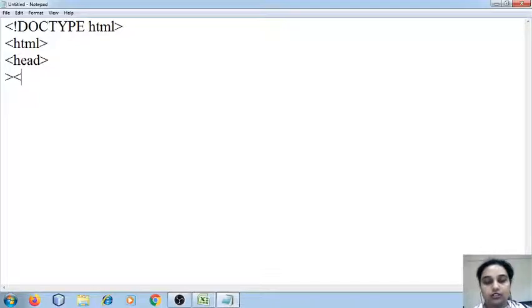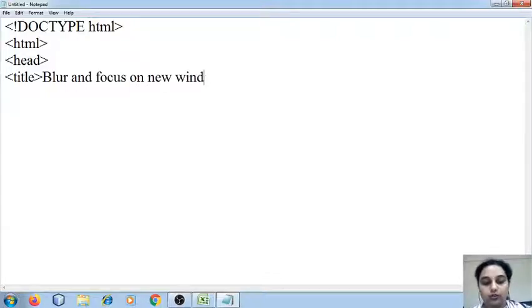I'm going to give the title as blur and focus on new window. So this is the title I have given, blur and focus on the new window. I'm going to start with the JavaScript.